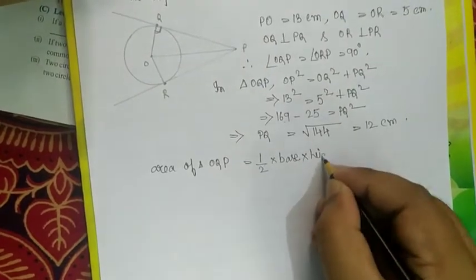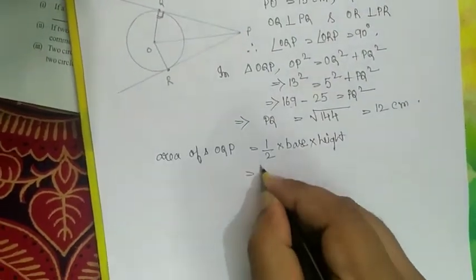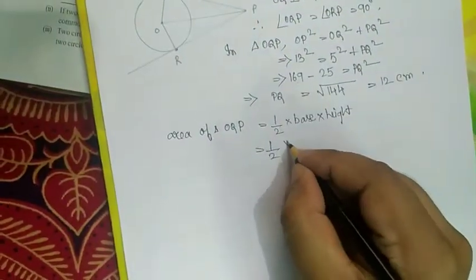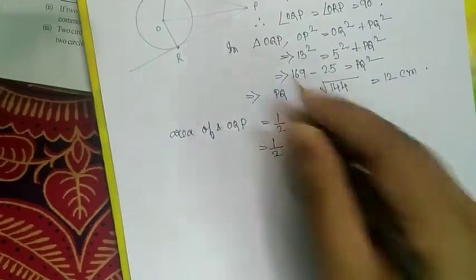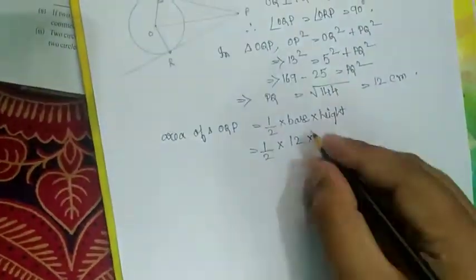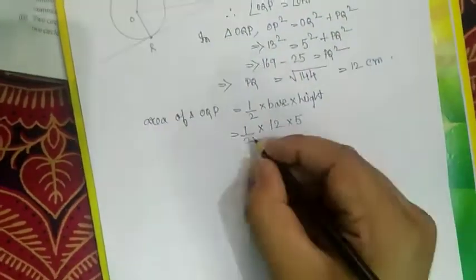So half into base QP, so the value of QP or PQ equals 12, and the height, the value of OQ, equals 5,